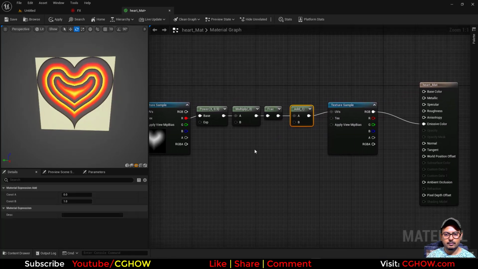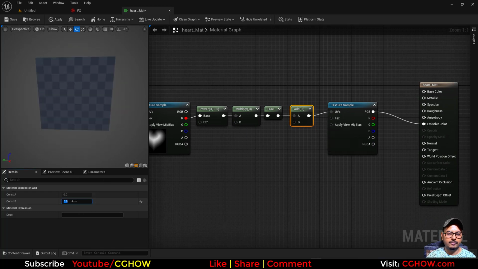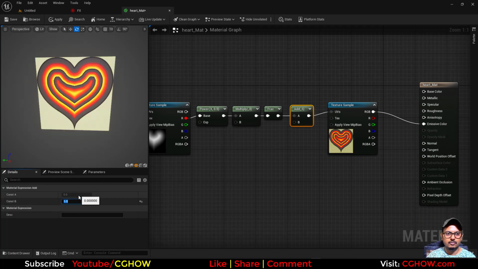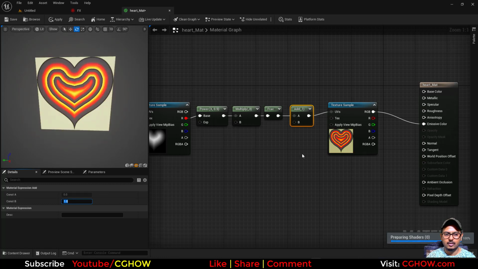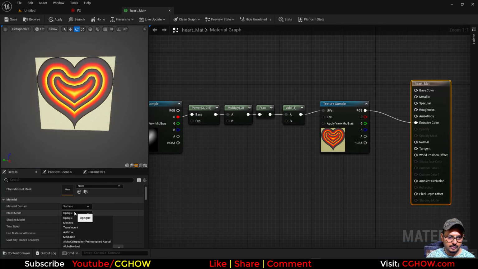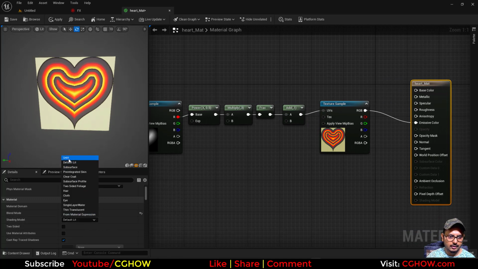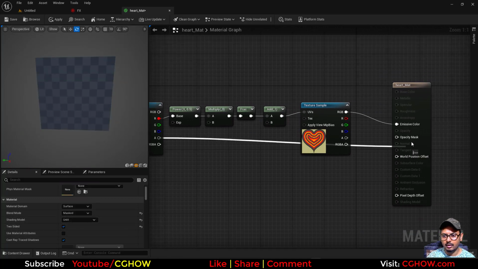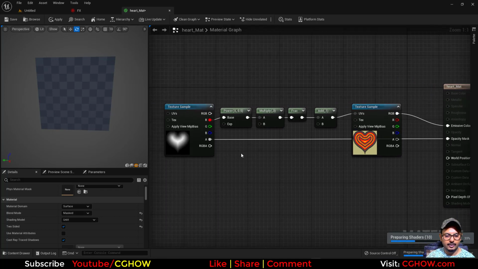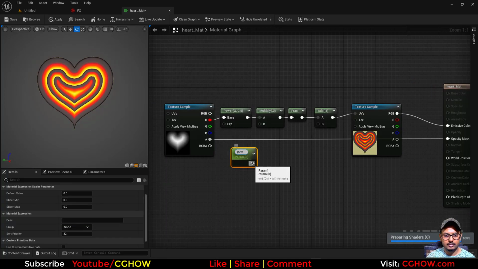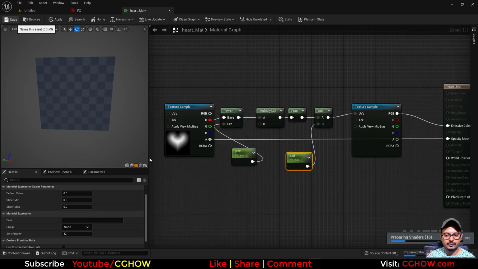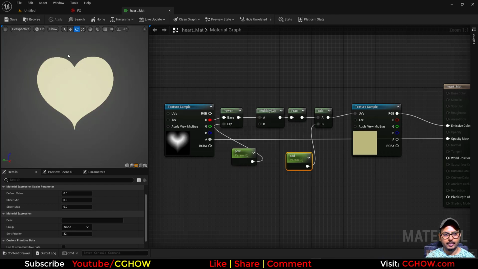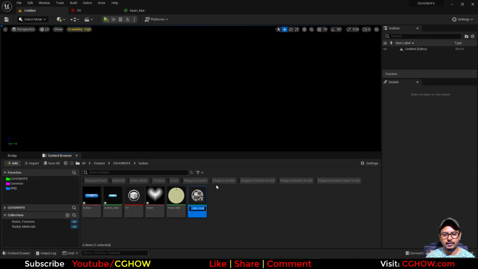So let's say if I add 5, let me also make this masked, unlit, two-sided, and connect the alpha here. And then let me take the two parameters, power and add, and save this. So now if I make an instance of this heart material,